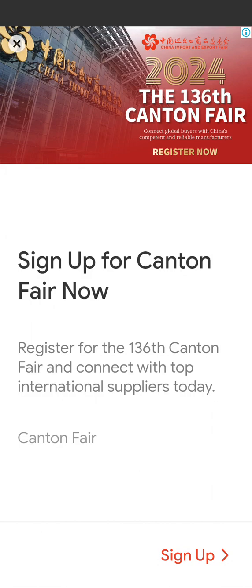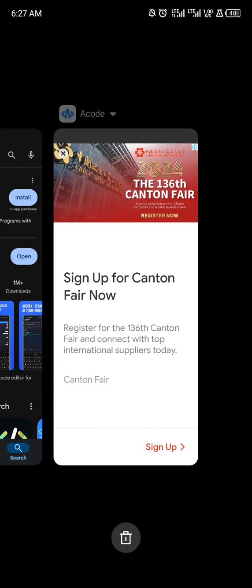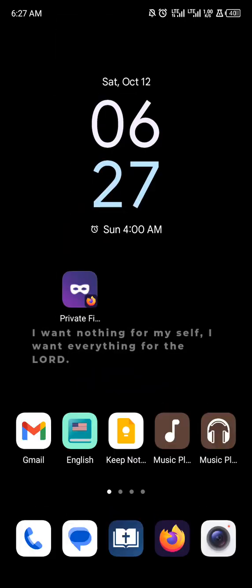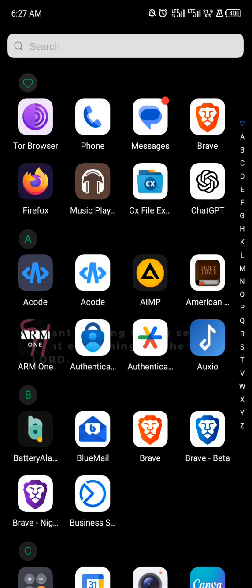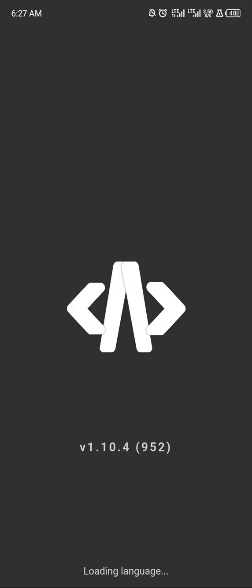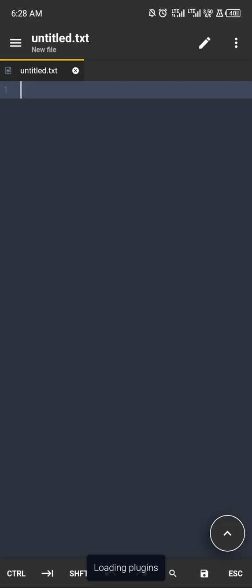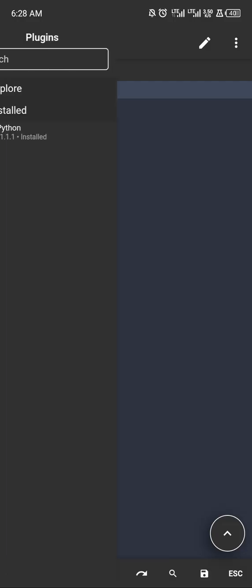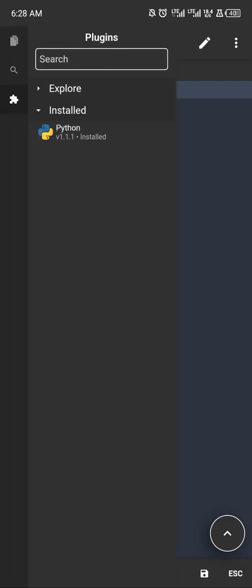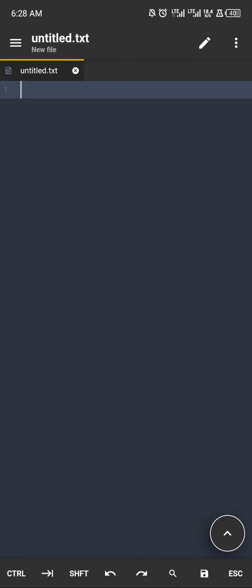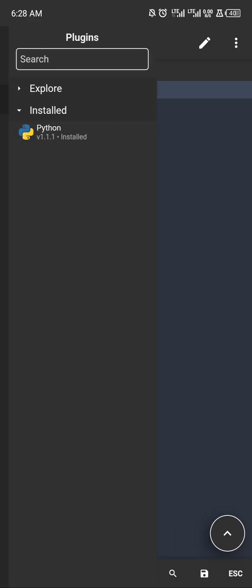So there's a full page ad. Okay, let's close it and open the app again. Okay, it is